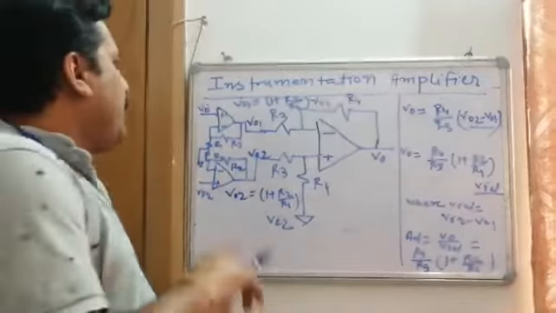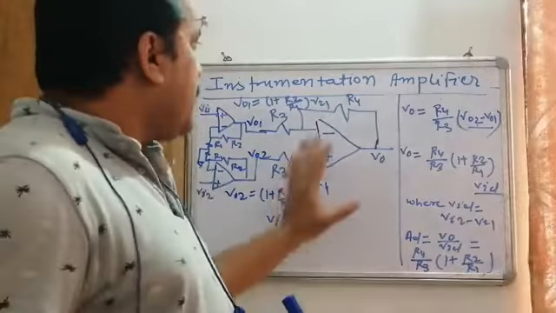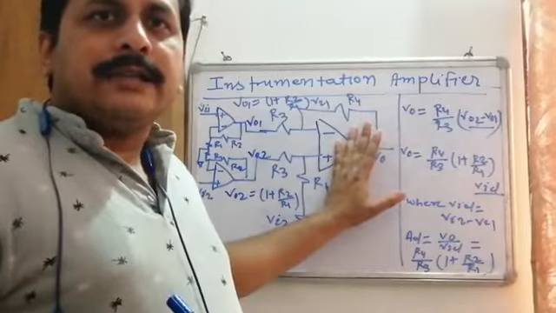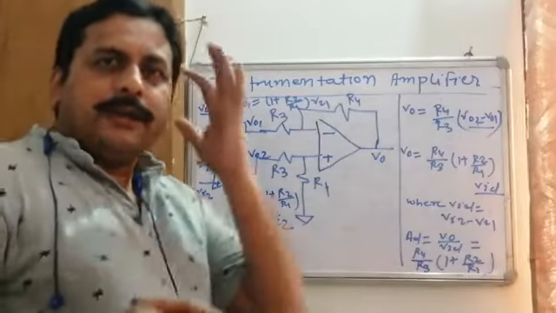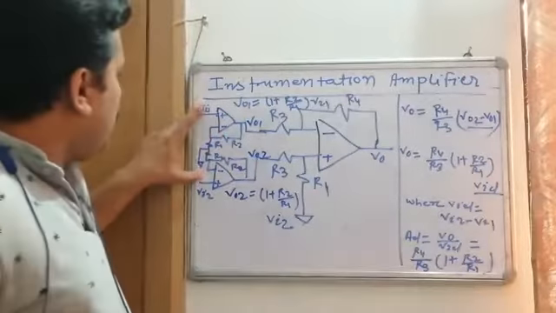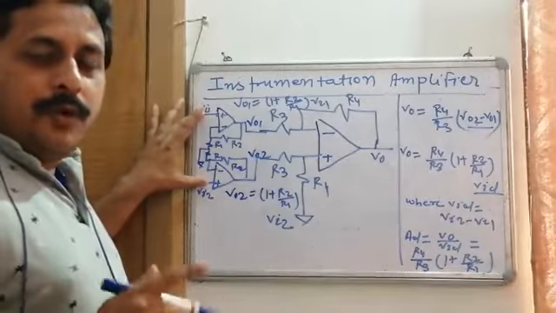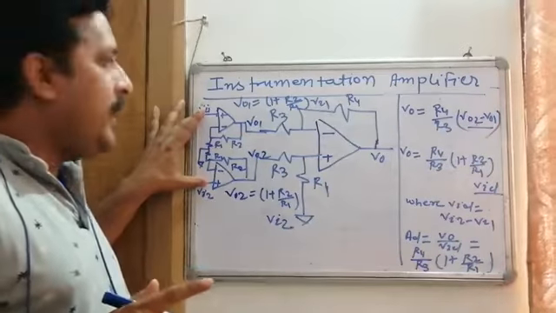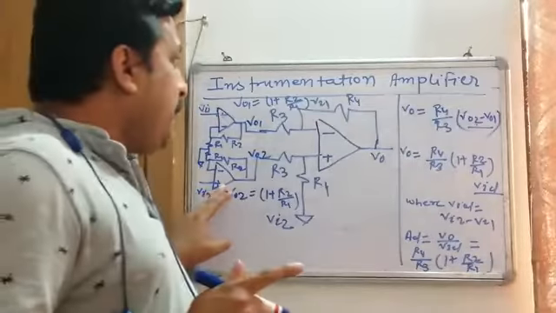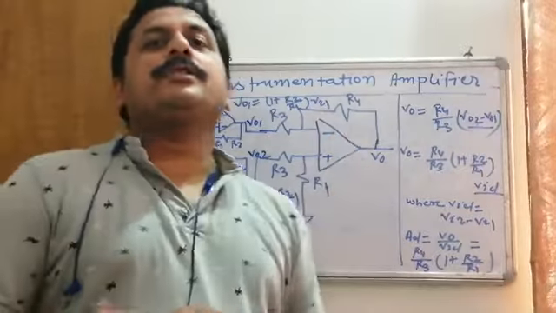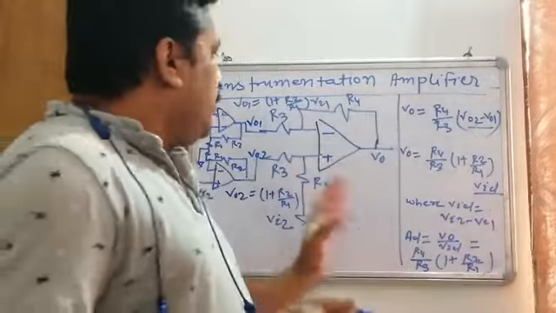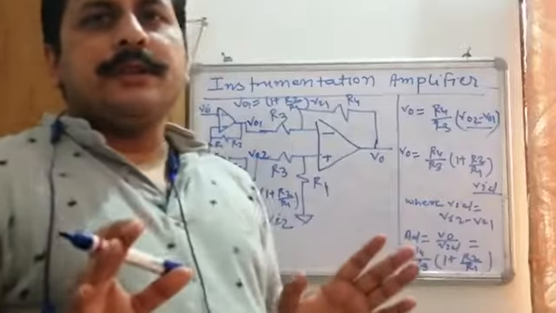These two amplifiers should perfectly match. Otherwise, the spurious signal will appear at that output, and that signal is amplified by the second stage of the instrumentation amplifier. And the third problem arises due to the common mode signal. This common mode signal at the input of the first stage of the instrumentation amplifier is amplified by these two amplifiers. It may be possible that these amplifiers get saturated because they have experienced a large input. So these three types of demerit exist in the instrumentation amplifier.